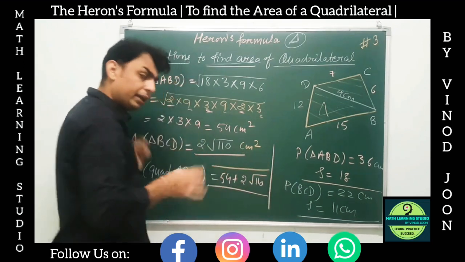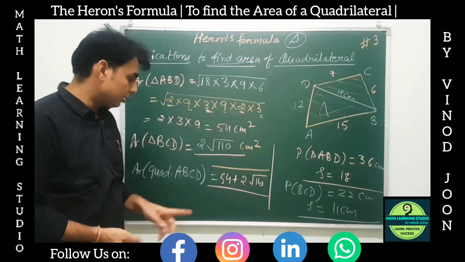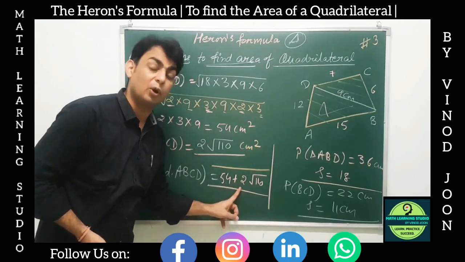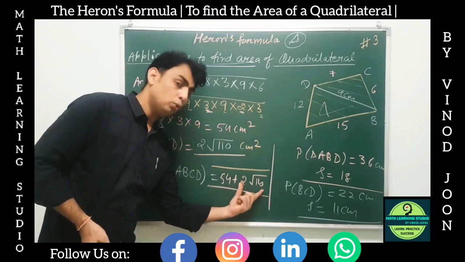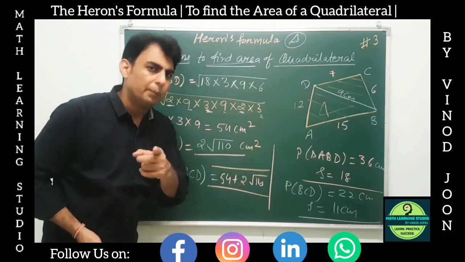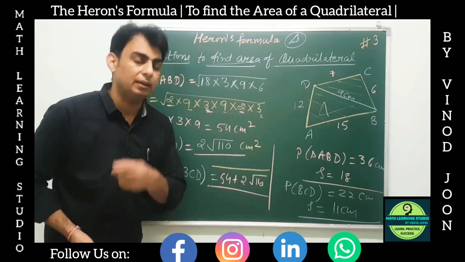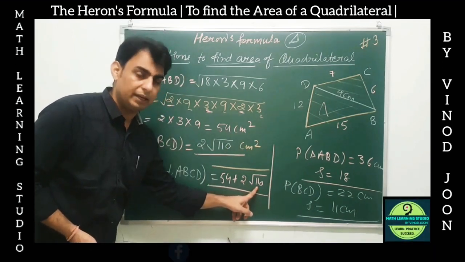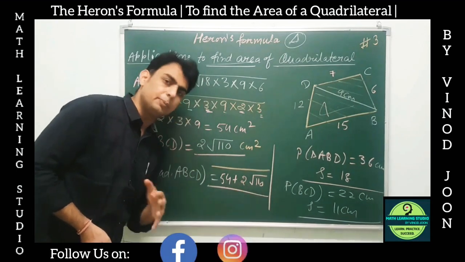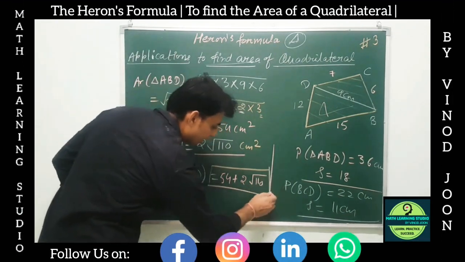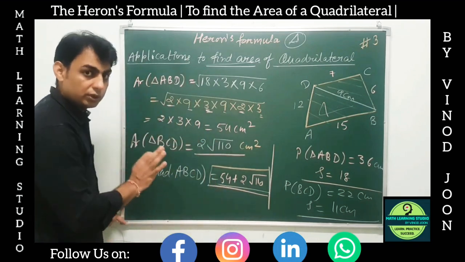See, here again I tell you one mistake some students make. They add 54 plus 2. Wrong. Why? 2 is multiplied with root 110. So the BODMAS rule: first we multiply, then we add. So we have to multiply this first, and this cannot be multiplied directly. It is already in the multiplication operation, right? So this only remains the answer for this question.